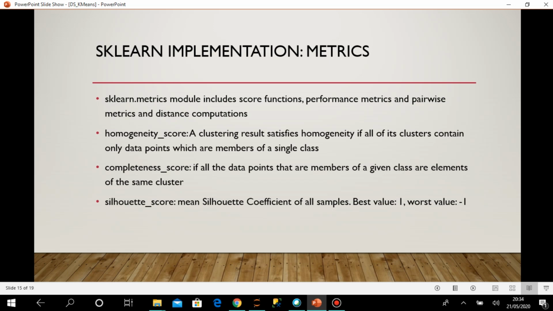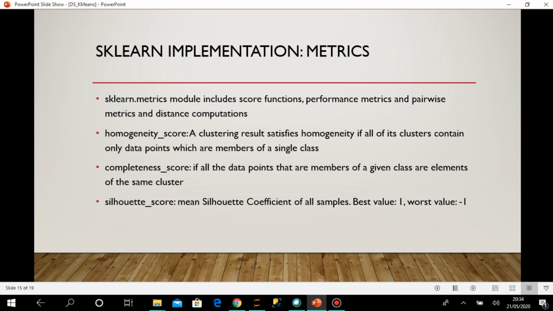Here you look from the point of view of the samples: for each element of the class you check whether it belongs to the same cluster or not. It is very similar, just the opposite way. In homogeneity you take one cluster and check its samples, and in completeness you take the data points and check whether they belong to the same and correct cluster. That's how these different scores are calculated.